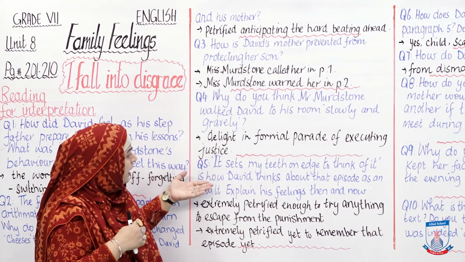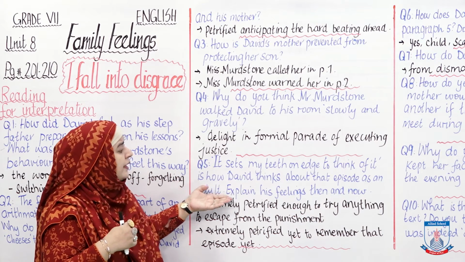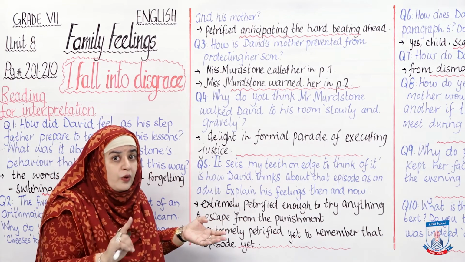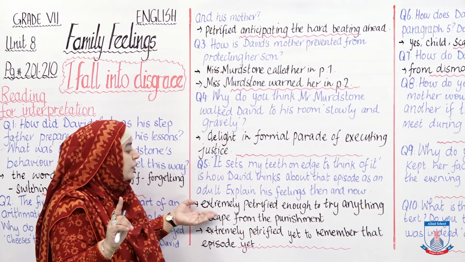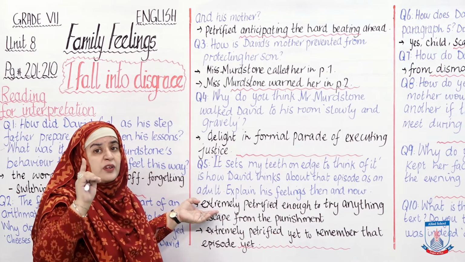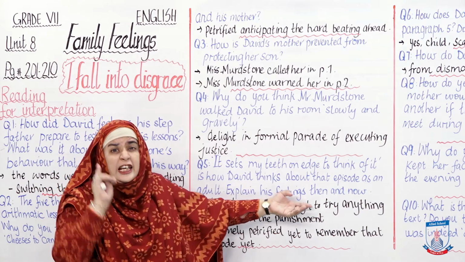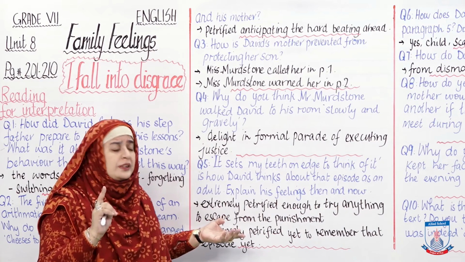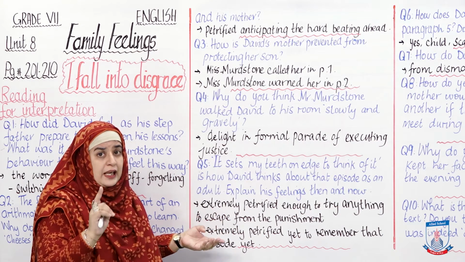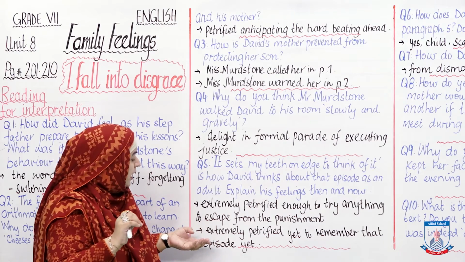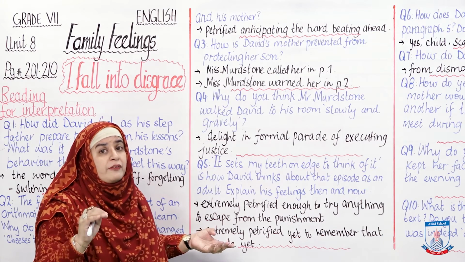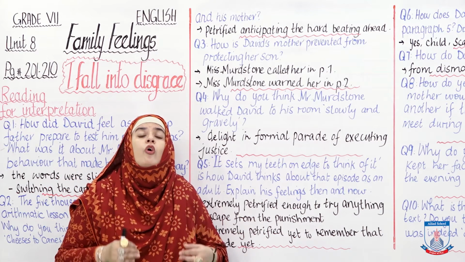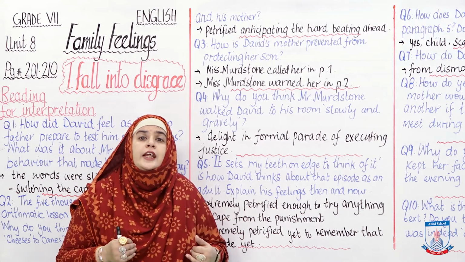तो अगर हम इसको explain करें इस तरह से, explain his feelings then and now, तो at that point when he was undergoing all this experience, David was extremely petrified. He was scared enough to try anything in order to protect himself from being beaten so severely and to escape the punishment. And now he is extremely terrified yet to remember what he had undergone, what he had tolerated, what he had felt on that day,